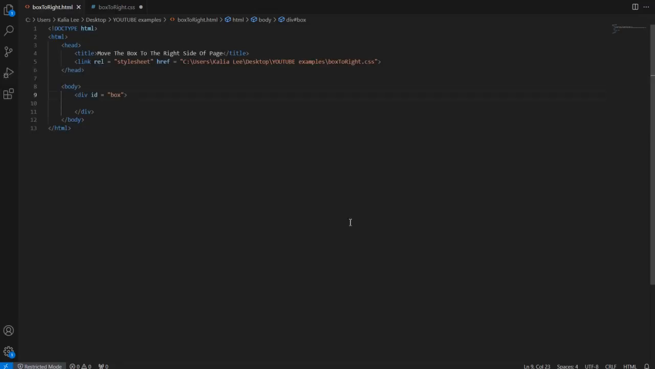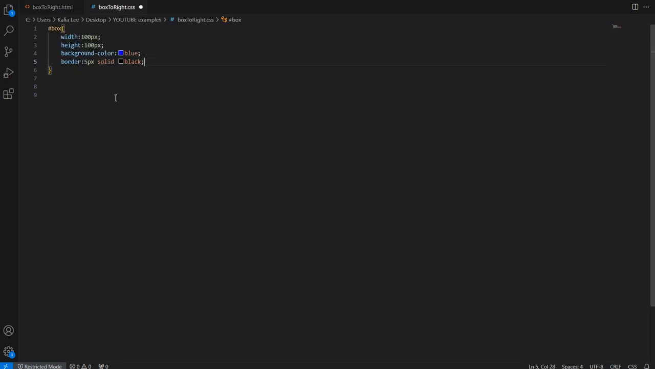Alright, so today we are going to be working with transitions and a little bit of transform. So here again I have my basic HTML setup, and in my body I already have a div that has an ID of box. In my CSS I already have this set up as well. I have my ID of box, and then I have a simple width of 100, a simple height of 100, a simple blue background color, and